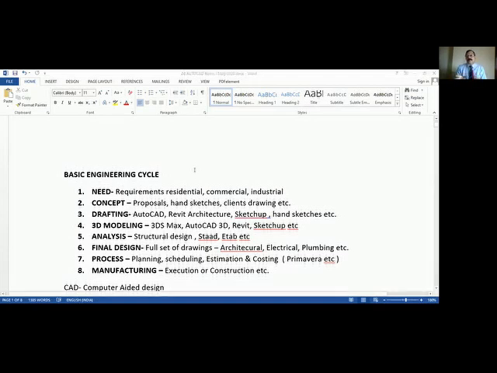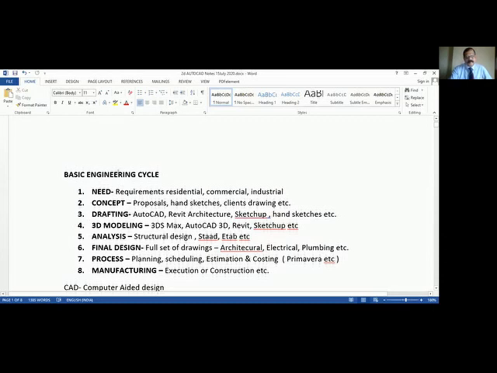That is the 3D model. You have to create a 3D model and show him. This is how the building is going to look. This is how your living room is going to look. These are the different furniture. This is the dining table like this. Okay, so you create a 3D model. How will you create that? Using 3ds Max, AutoCAD 3D, Revit, SketchUp, etc.